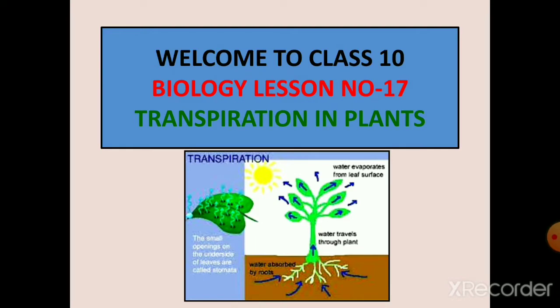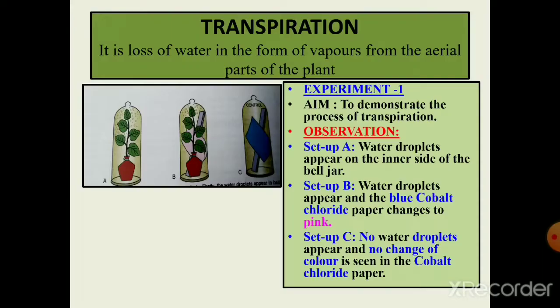The rest of the water is lost to the environment by a process called transpiration. Now, is transpiration necessary for the plant? The answer is yes. First, it is necessary to throw out excess water which is absorbed by the roots. Second, it helps in transportation of minerals from the roots right up to the leaves where it is required. And third, it keeps the plant cool during the summer months.